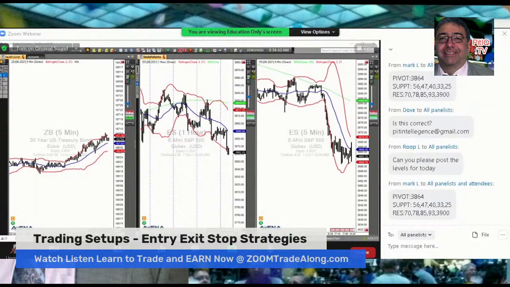We're very much trying to read the market and let the market give us opportunities. And patience is important. Yesterday, we had to show some patience before the market actually kind of decided to get some legs and move around a little bit. As the market now, we thought we were going to get the 70 area and it quickly comes back down here. And now we got the 56 area on the downside here. So it's kind of all over the place. So we'll see what it wants to do.